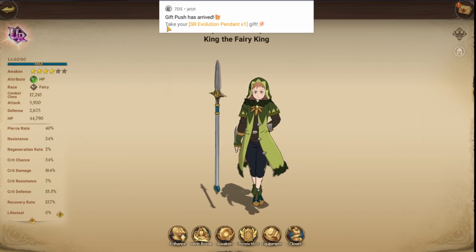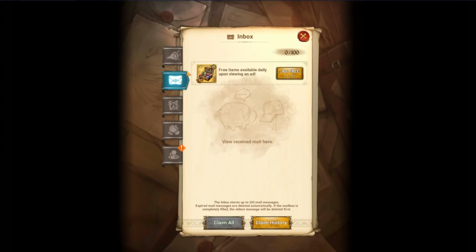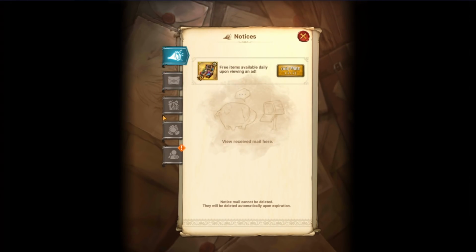But oh cool, we just got an SR planet, by the way. Claim it. It should be here. Okay, cool, I got scammed. Anyways,